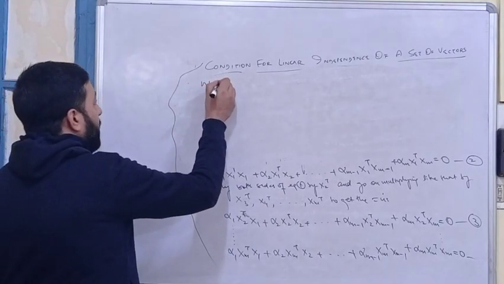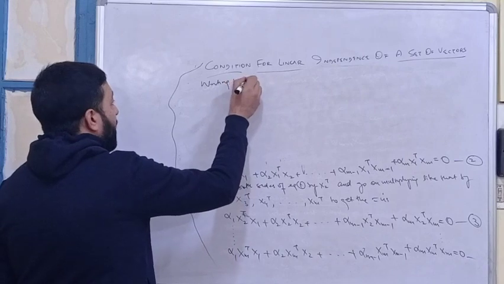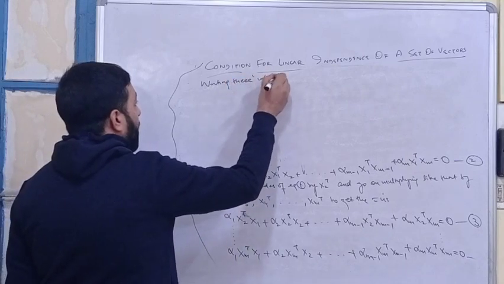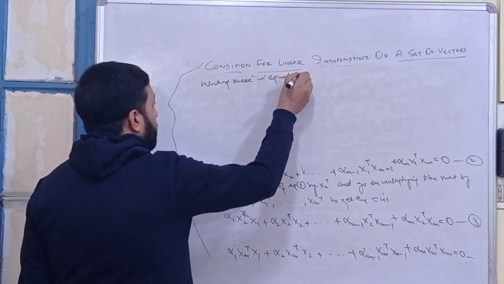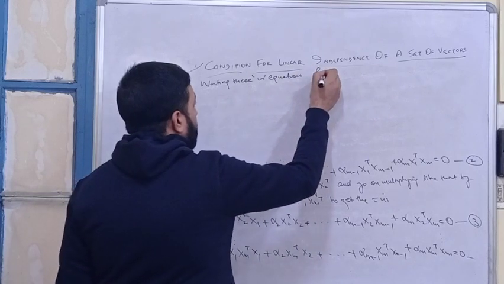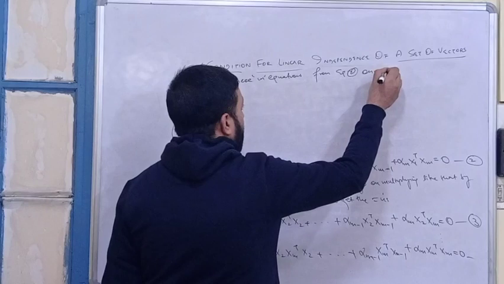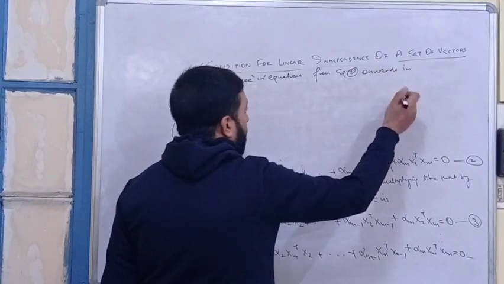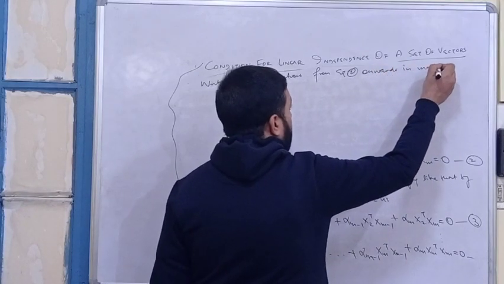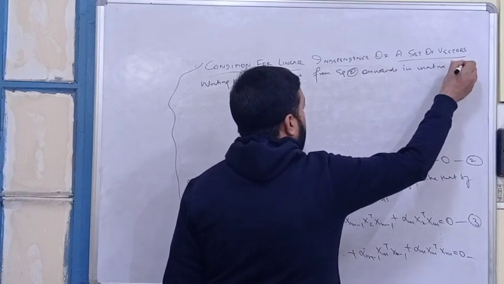Writing these m equations from equation 2 onwards in matrix form, we have